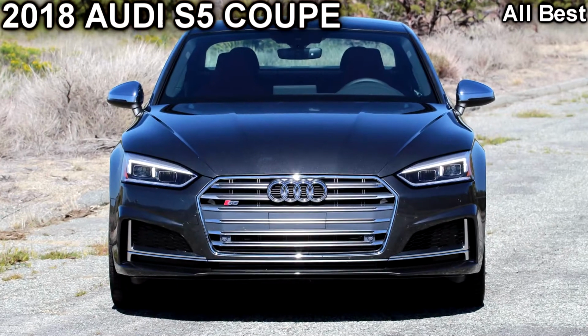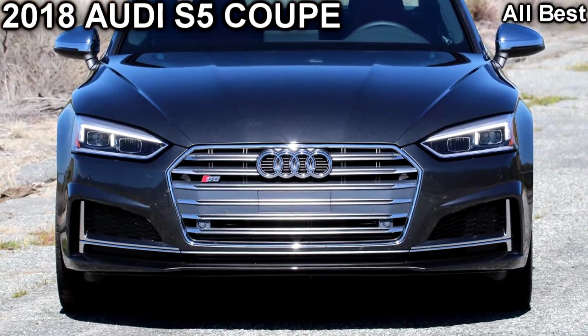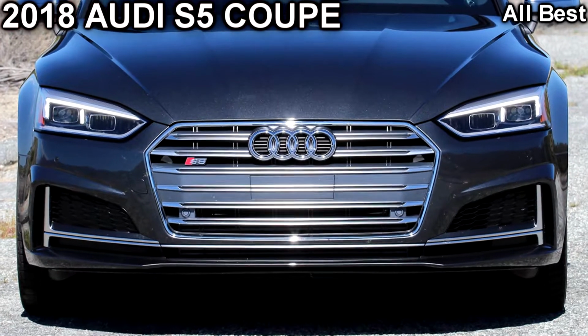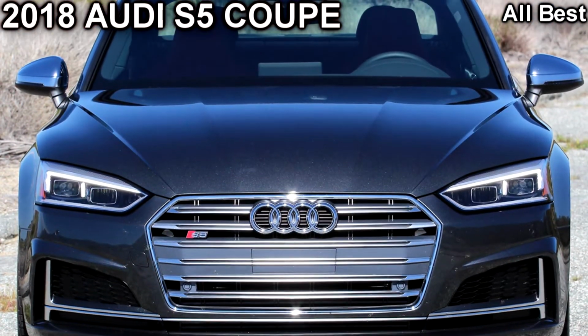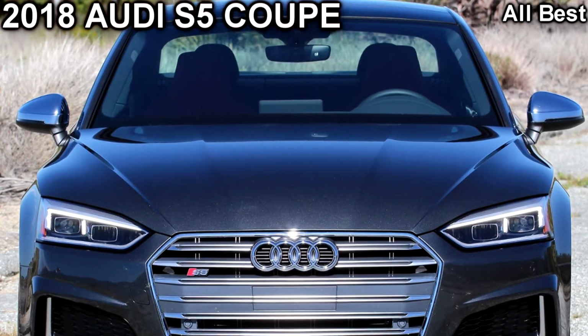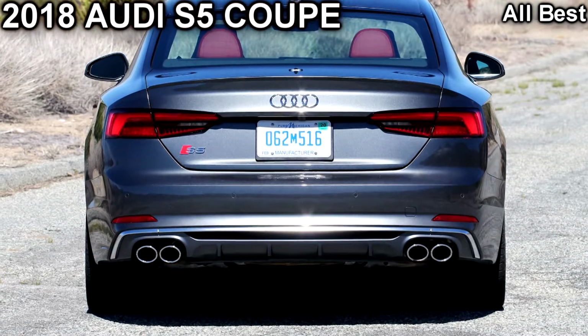Audi's sporty S5 has blossomed into a lovely Grand Tourer. Palm Springs, California. When the Audi S5 launched in 2007, I thought it was the car to have. It was beautiful, yet refined,